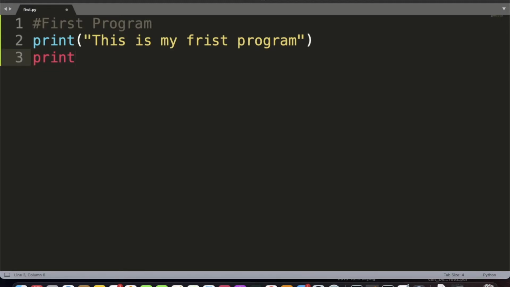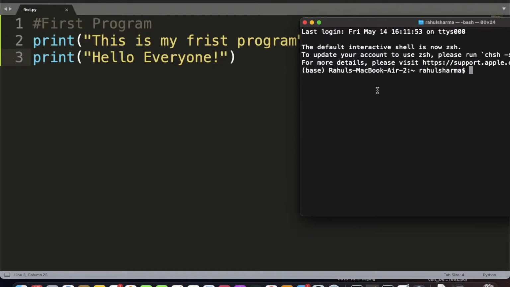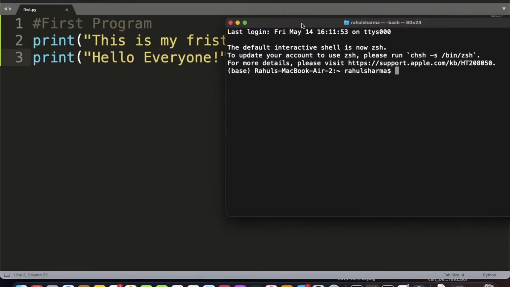I'll give one more same kind of command. So I'll save it and run it. I'll open my terminal for this.